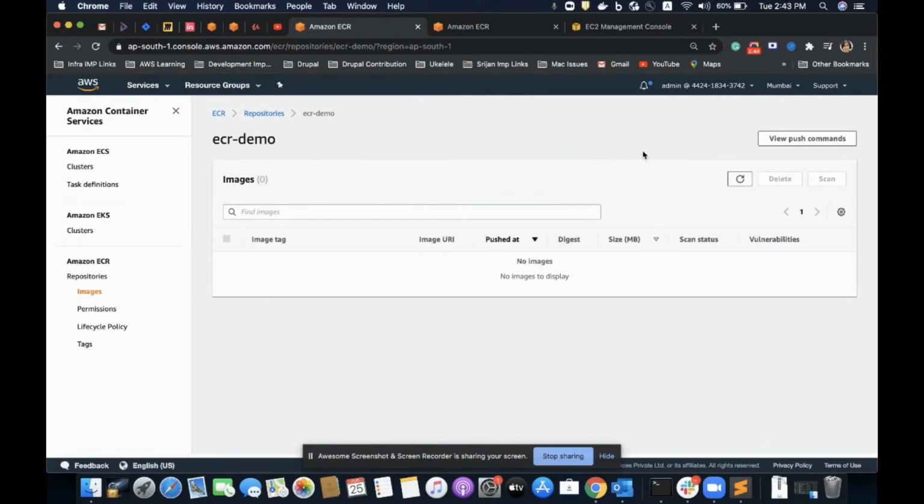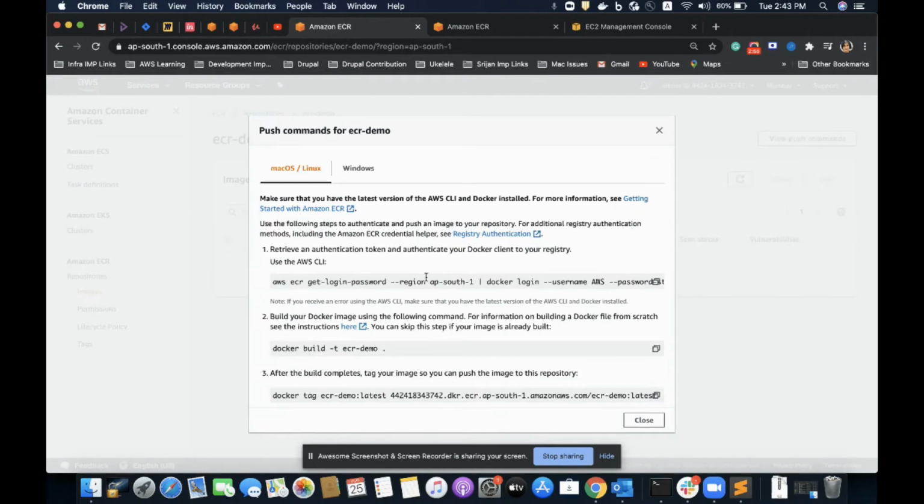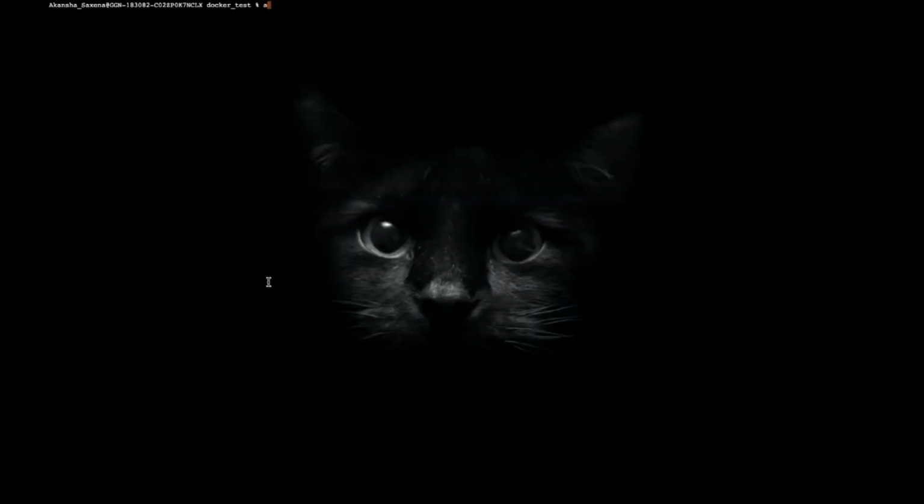The simplest way to push the Docker image from local to ECR is to follow the commands specified here. Let's start with the first command. Before that, we must notice that it is using the AWS CLI, so we must have the AWS CLI installed on our local machine. I am using version 2, and I recommend you install version 2 too, as it is the latest version at the time of recording this video.